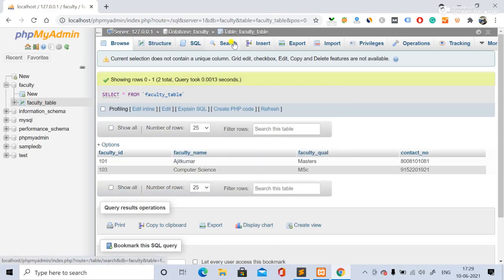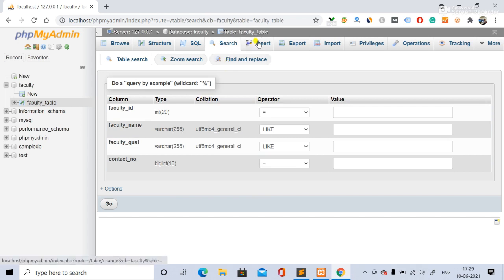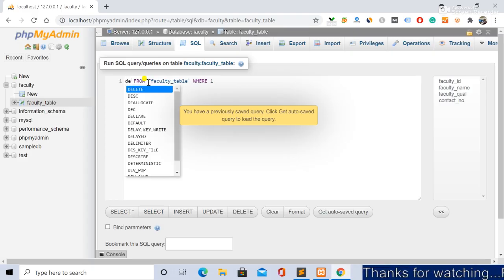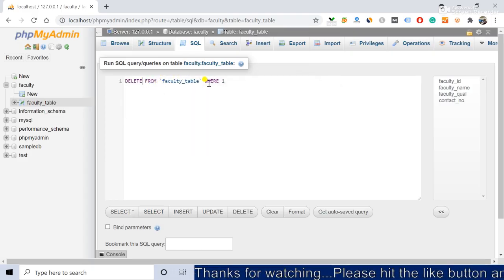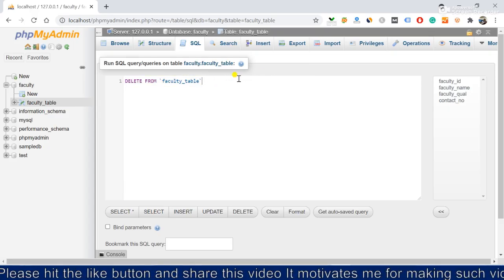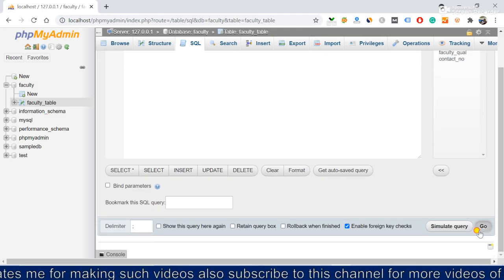Now we'll delete the whole table. We'll try to delete the whole entire table's data. For that, we simply have to fire this delete from this over here. No star will be there, as in select, right? It will delete the whole table.